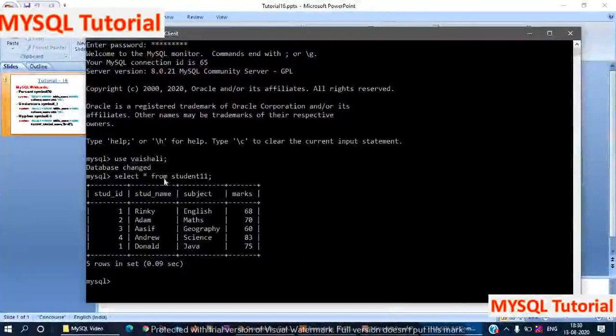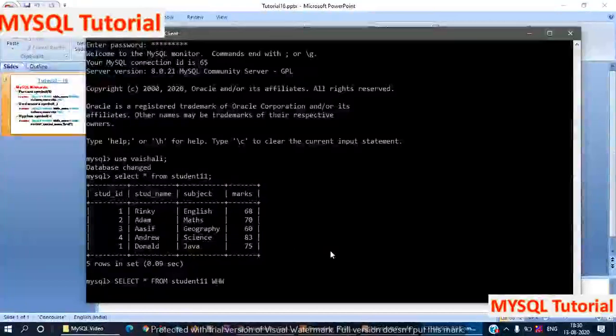Here I have used the student table. Here I show you how to perform the query: SELECT * FROM, and here I perform the operation on the student11 table. You can use any database or any table, it depends on you.